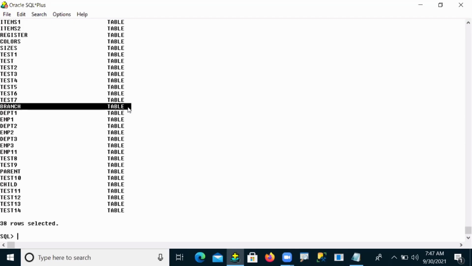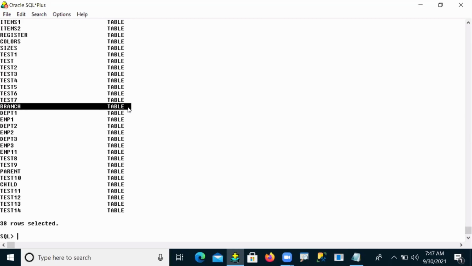So what do you understand, guys? DDL commands are committed by the system. And what does commit mean? Permanently executed. Commit means your operation is successfully or permanently done. That is called a commit. So in DDL operations, the system commits internally.